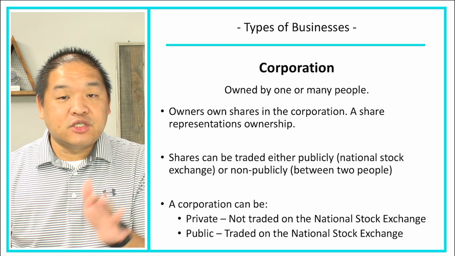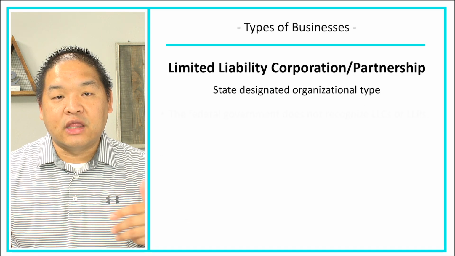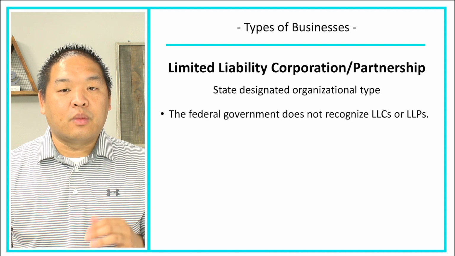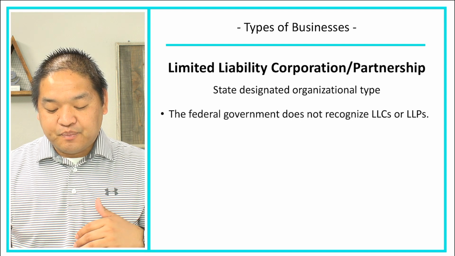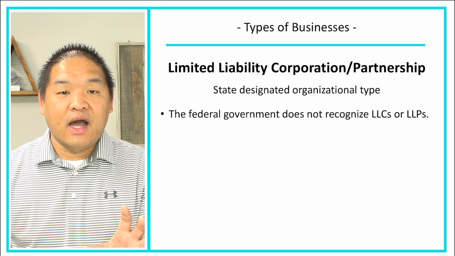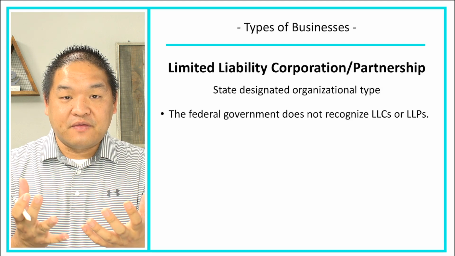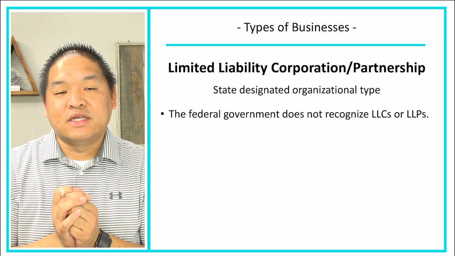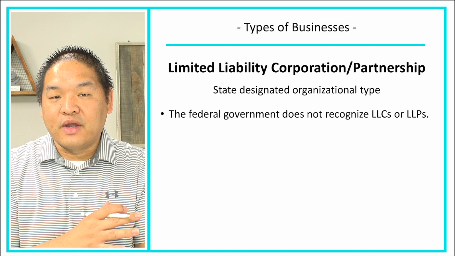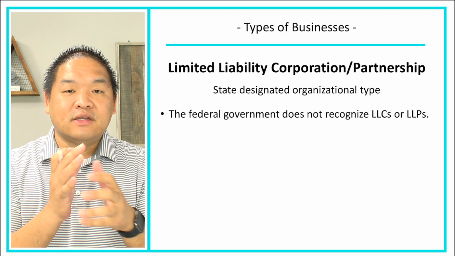Now, moving on from corporation. So those are the three: sole proprietor, partnership, corporation. We do have some other ones that I thought it'd be interesting to talk about. The first one is the limited liability corporation or the partnership. Going back to the corporation really quick. Corporations have separate liability from the owners. So separate liability from owners means that the owners are not necessarily liable for the corporation's debt up to the extent of their own investment. So that's the trade-off there.